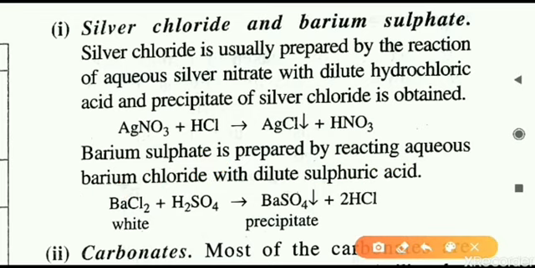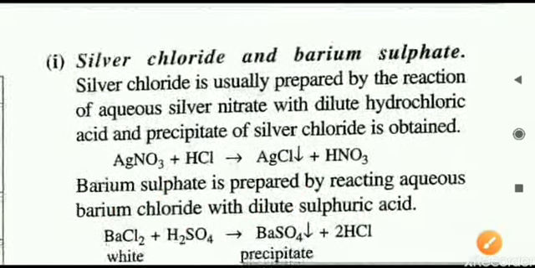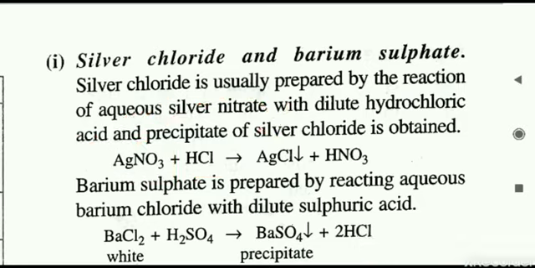That is by precipitation reaction. Barium chloride combines with acid, and here barium combines with sulfate and forms barium sulfate. Remaining thing will be the acid that is forming, that is HCl. All these equations you have to remember. Second important reaction is silver chloride. How can we make it? We can use silver nitrate with acid. Silver nitrate combined with acid will give AgCl, that I already told.